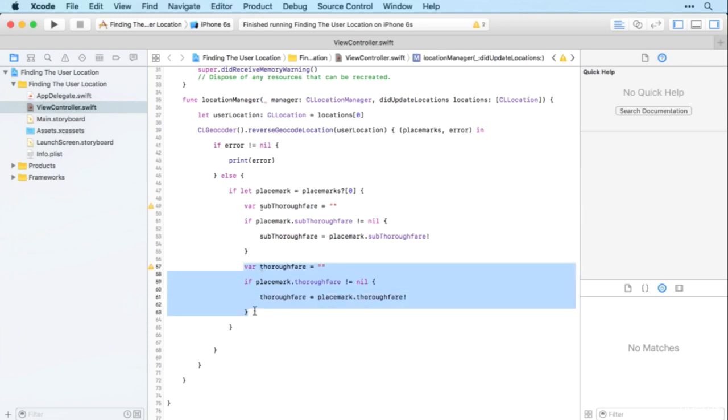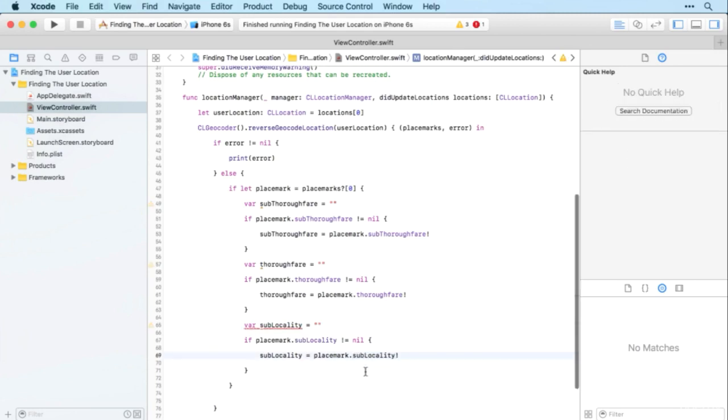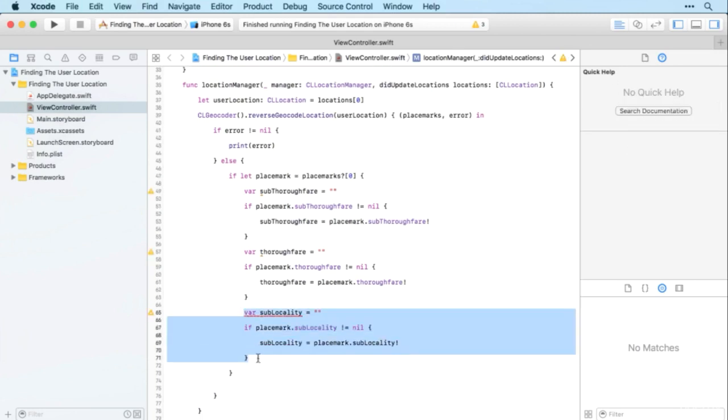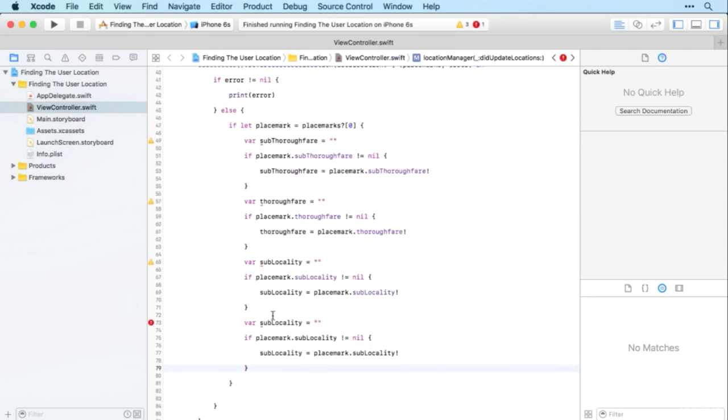Okay, I'm just going to copy that for the next one, which is the sublocality. And in fact, I'll just copy and paste that throughout to save you having to watch me type. There we go. And after sublocality, we have